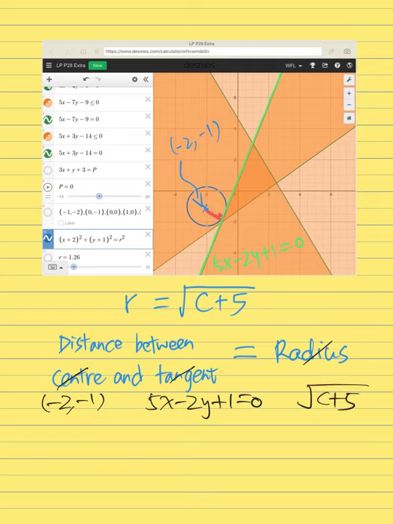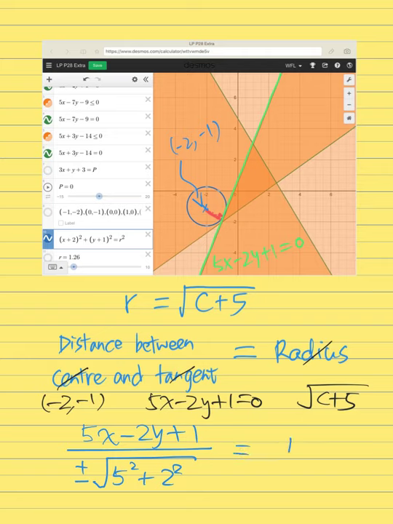By distance between point and line, we have (5x minus 2y plus 1) over the square root of 5 squared plus 2 squared, positive or negative to be determined, equals square root of c plus 5,